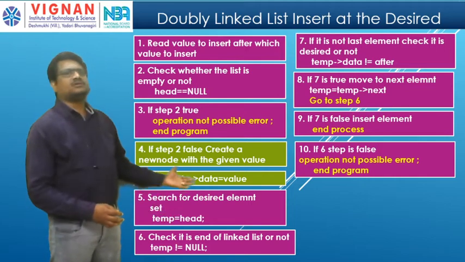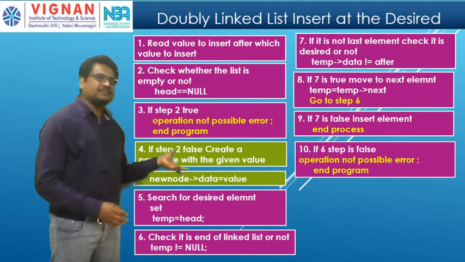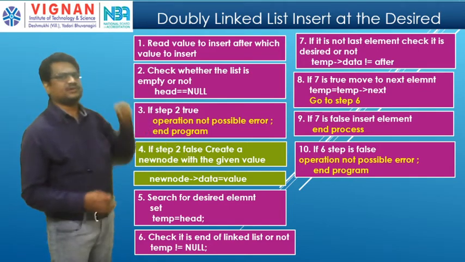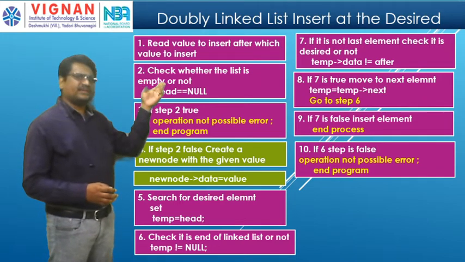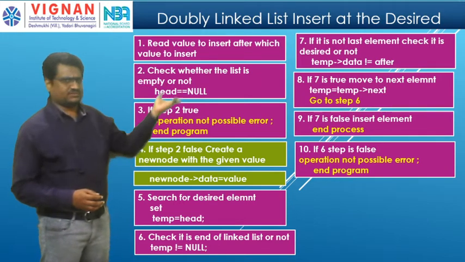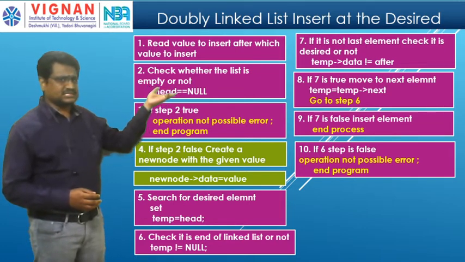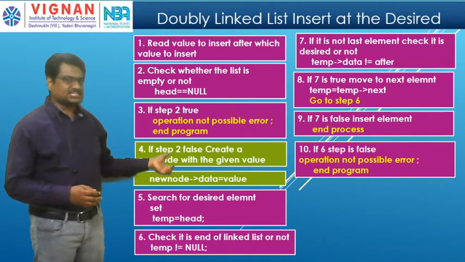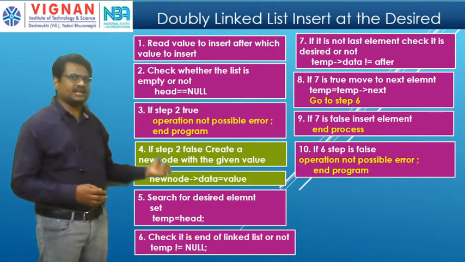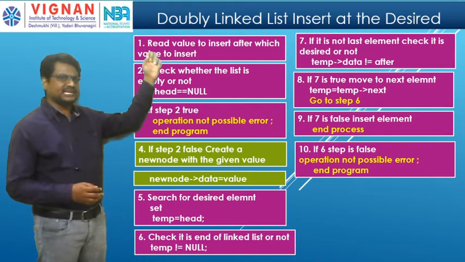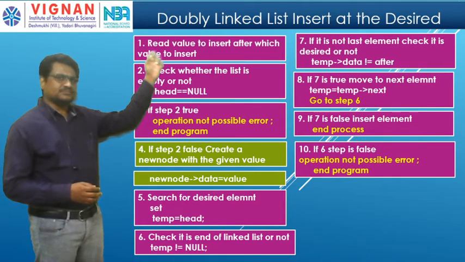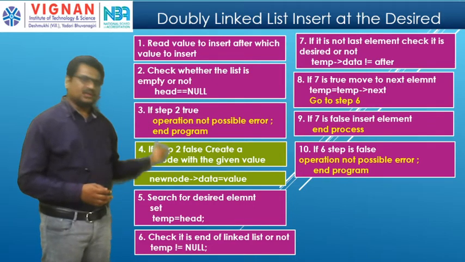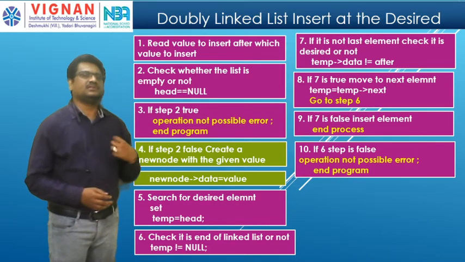Before going to find the element, first I will create an element with the given data. See why I didn't create it initially? Because if the elements are available, then only I need to insert. If the elements are not available, should I insert or should I create the value? No, no need. So by saving the space, I am checking first, then creating. Previously we only read the data, what data we want to insert, but that creation I am doing after checking. If the operation is okay, if I can do the operation, then only I will create a node.